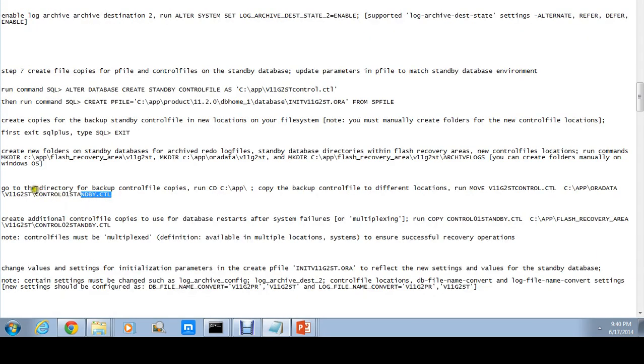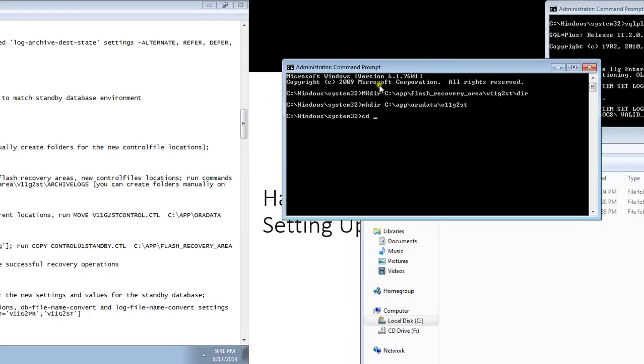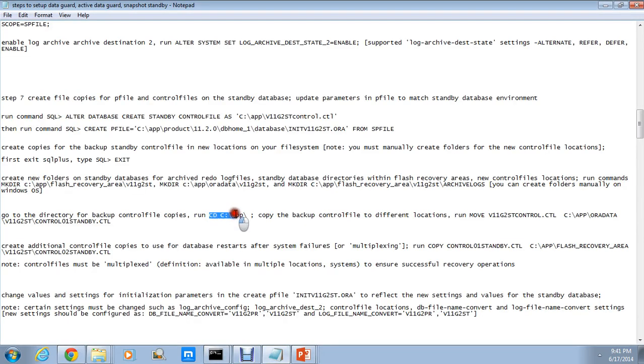So next I'm gonna go into the directory and I'm gonna take my standby control file that I created using the alter database command, and then I'm going to create control files for my standby database using that standby control file. So what that means is I'm going to come to my command prompt. So actually, let me put this window here. So I'm going to run the cd to c app. And if you remember,